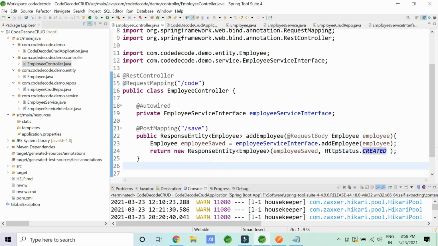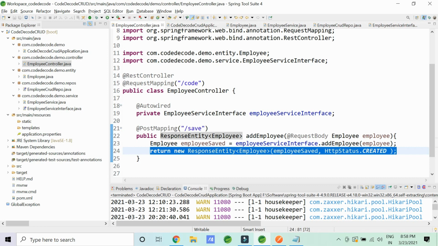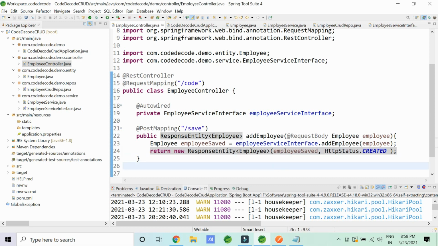That is why I am saying that, remember, you should always return a response entity object and not just a single employee object which is saved or not, because it is good for handling the HTTP status. Now suppose you are having Angular as your front end technology, then how would you handle different situations? Then these HTTP statuses will be useful for you to handle different situations that have happened in the back end. Your front end people will know what happened in the back end, why the code has broken, using these HTTP statuses. So if that is clear, let me quickly move ahead.